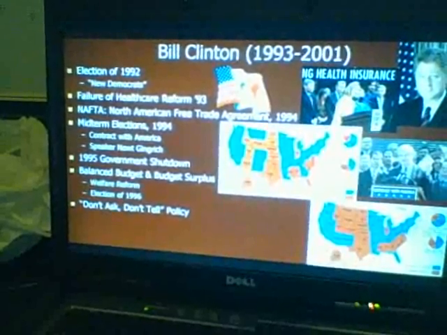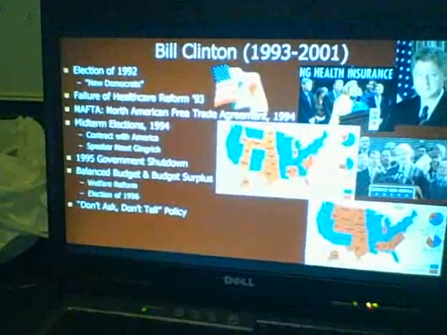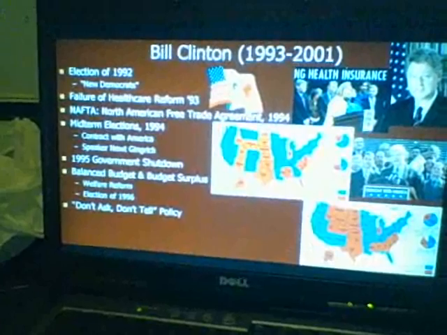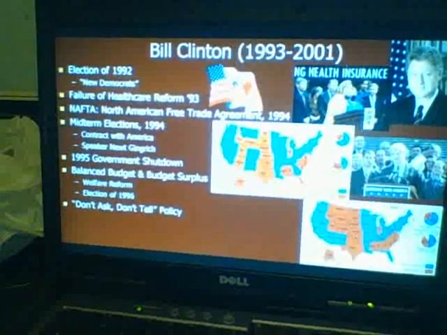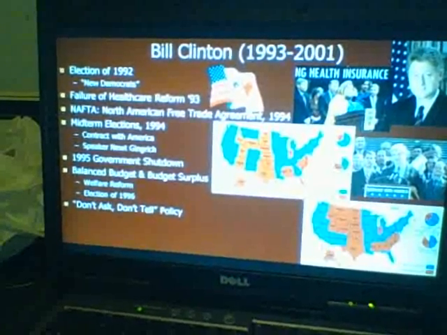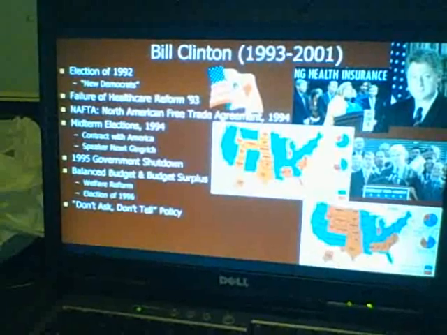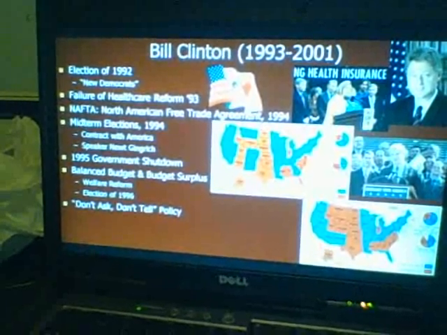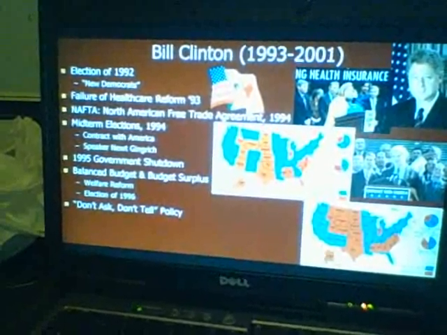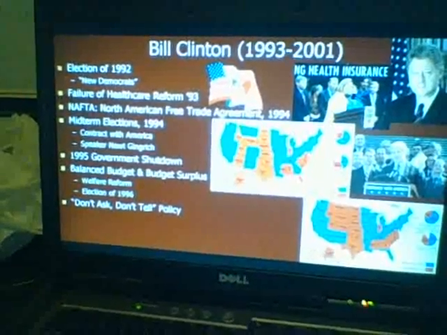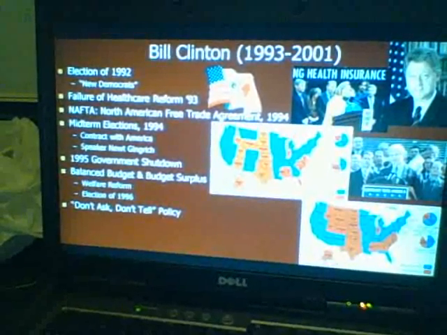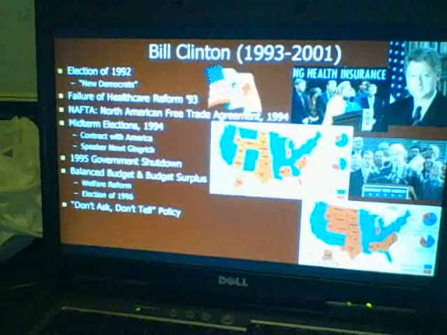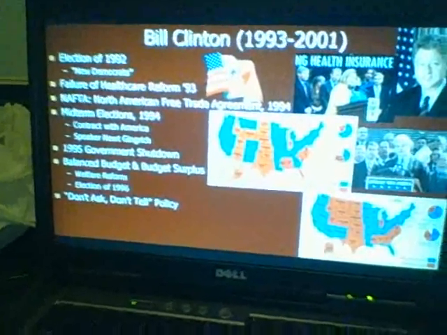And that brings us to the midterm elections in 94. Republicans gained control of both houses for the first time since 1954. They benefited from Democrats increasing taxes and federal regulations under Clinton in his first 2 years. As a result, Clinton then said the era of big government is over in 1995 in his State of the Union address. And the new Speaker of the House, Newt Gingrich, this man right here,